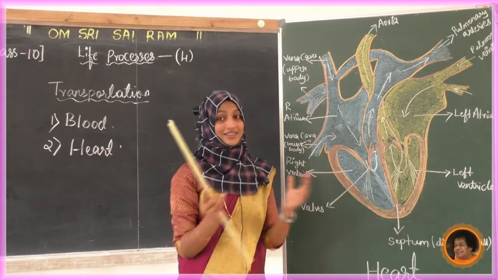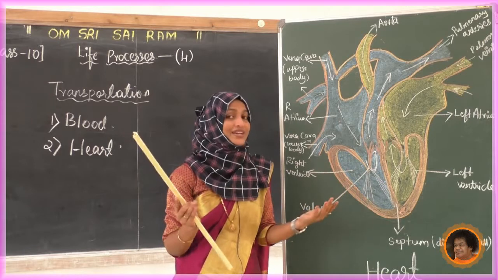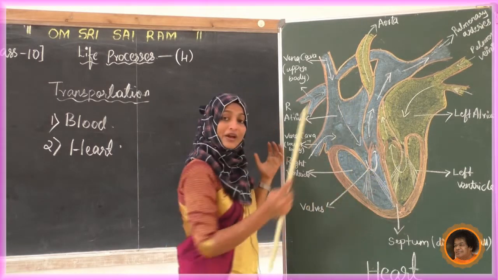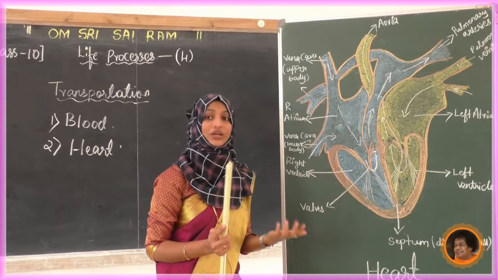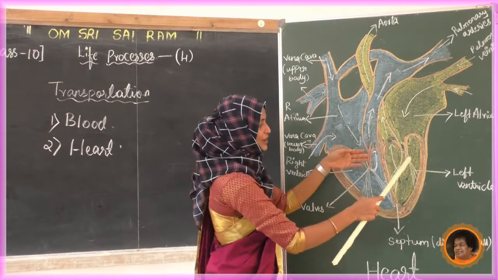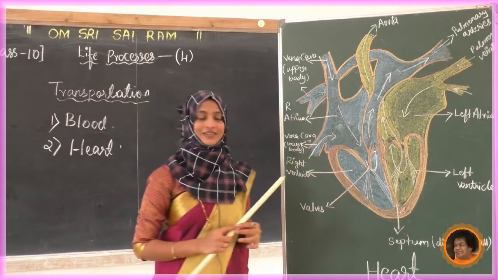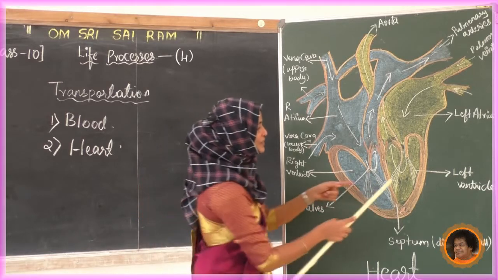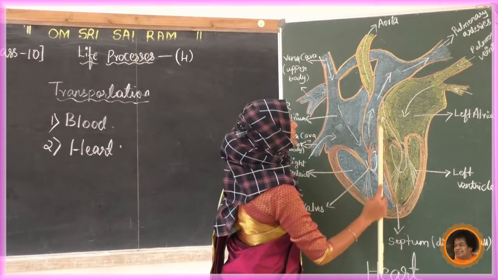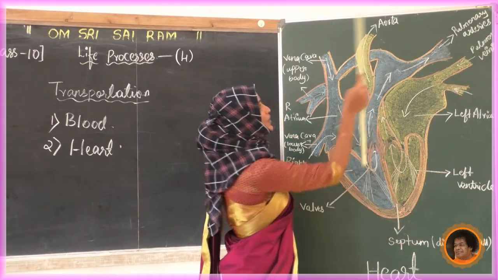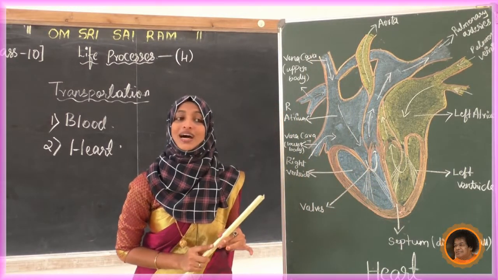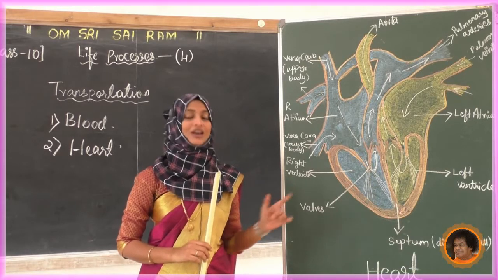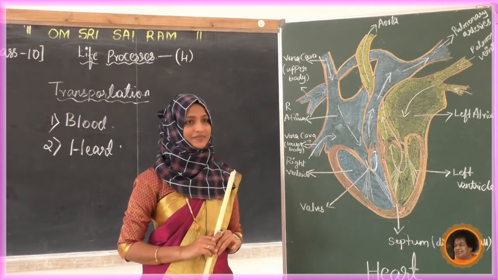It may, the size will increase. There will be a creation of pressure. Because of that pressure, what will happen? These valves will open, not may, it will open. So what happened? It will open, it reaches to the left ventricle. Now from the left ventricle, forcefully it is going back through the aorta and it reaches to different body parts. Come to know, this is all about the functioning of heart.